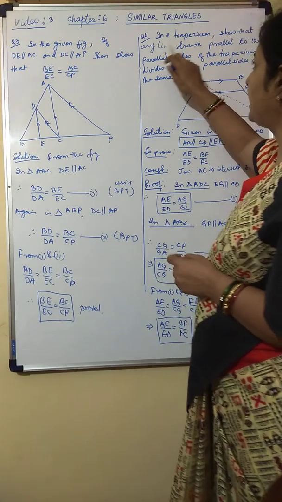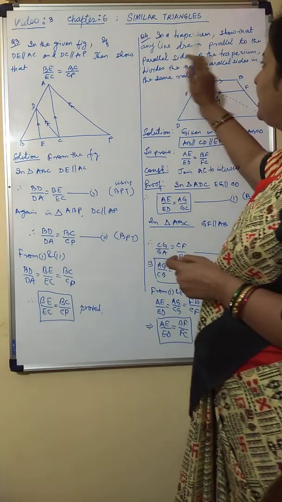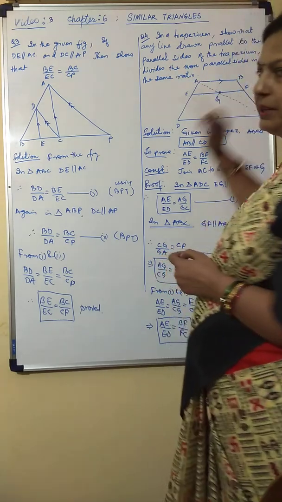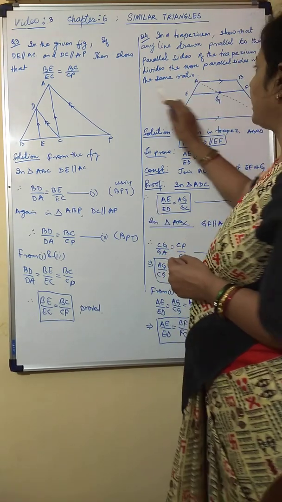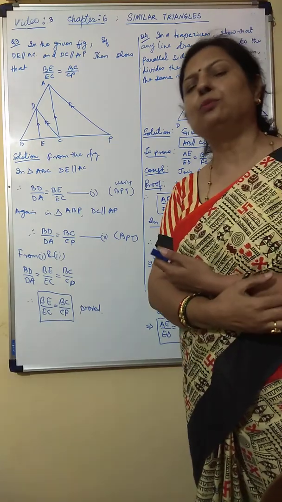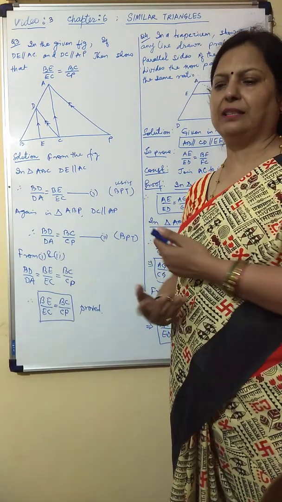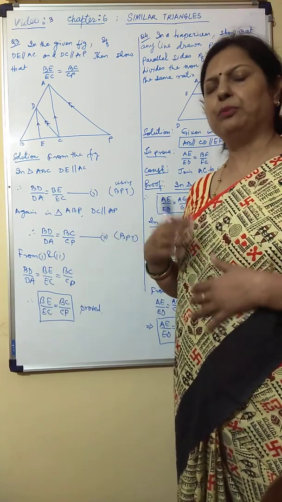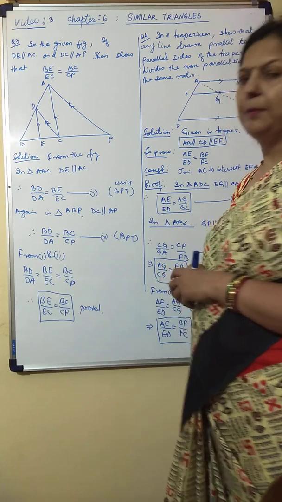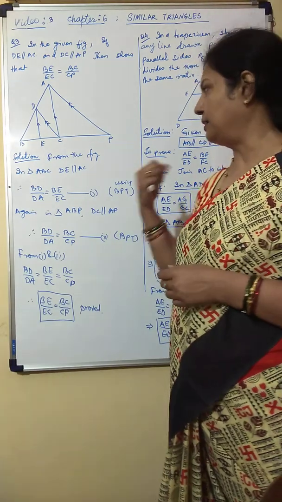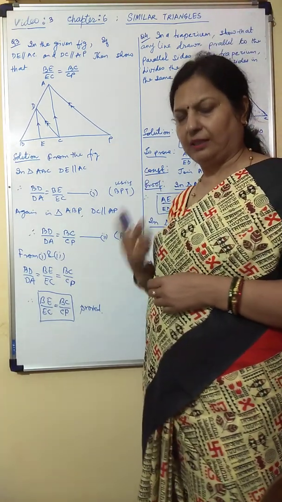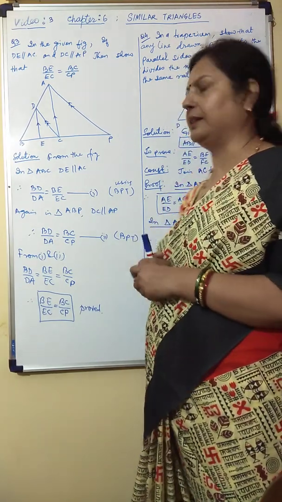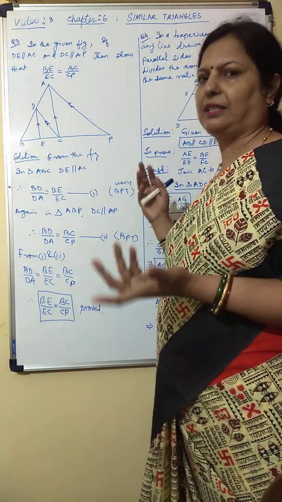The question here is: in a trapezium, show that any line drawn parallel to the parallel sides of the trapezium divides the non-parallel sides in the same ratio. There are two more trapezium questions which you will find in the NCERT book, and the solutions of those two questions are given in every reference book. If you have trouble understanding the trapezium questions in your NCERT book, you can definitely ask your teachers in class. This one is a little different, so I have just taken it up.